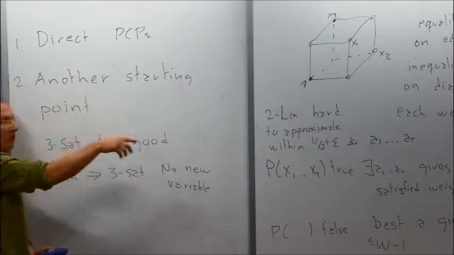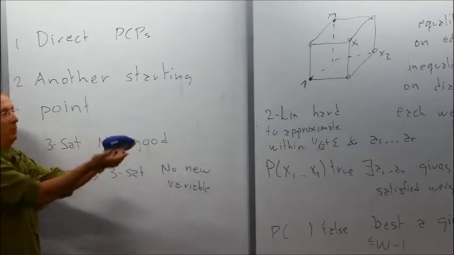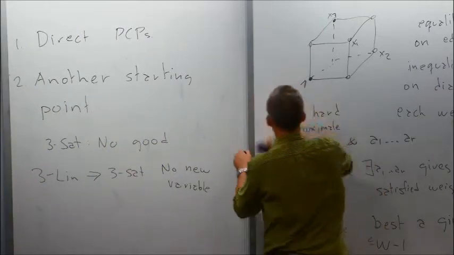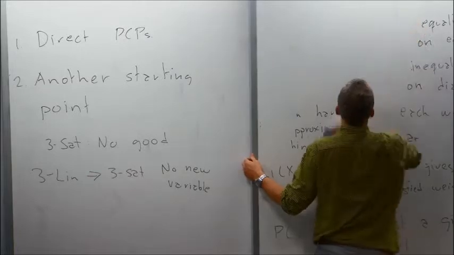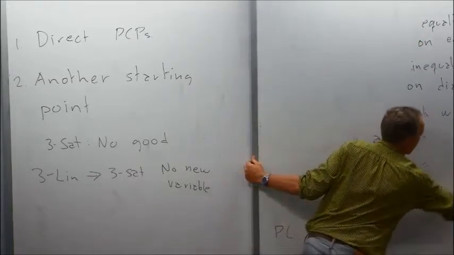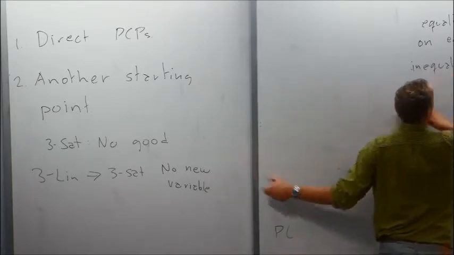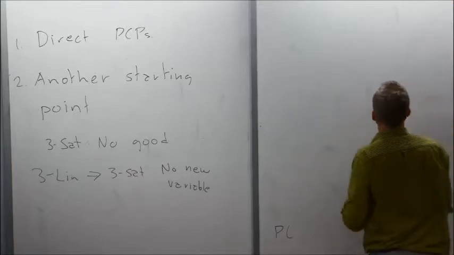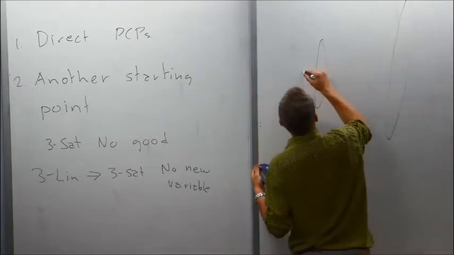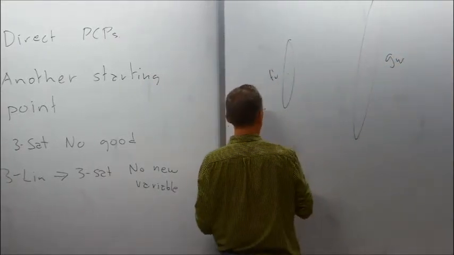But let's take Mario's suggestion and look at this: we had the long code, so what possibly could we be adding? We had all the functions. This is saying that somehow we are combining the two players. Of course, we have our favorite picture: we have f_U here, we have g_W here. When we did 3-LIN, we were sort of